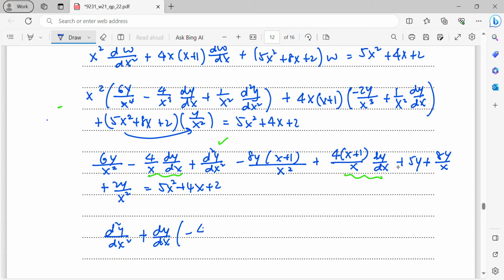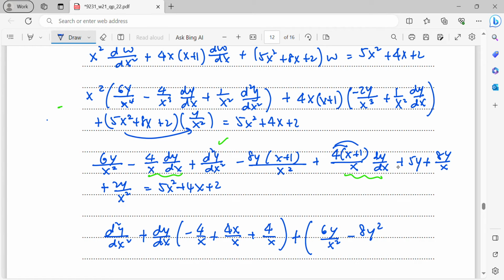Then you will get negative 4 over x plus, here just do expansion. So 4x over x plus 4 over x. Then plus the rest. So the rest of the terms, 6y over x squared